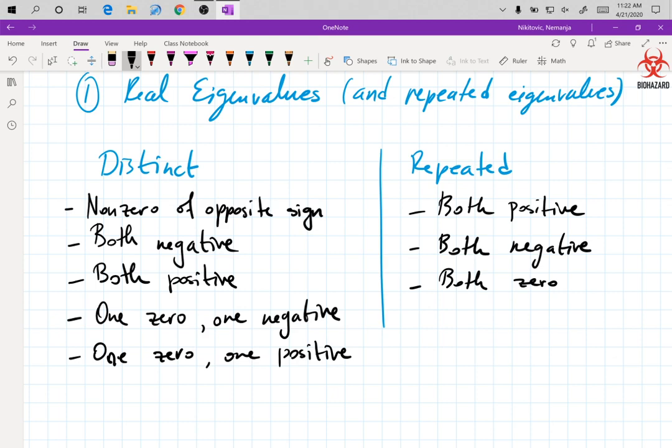Right, so that's it. So these are all the cases for real eigenvalues, and we just need to run through what the pictures, right, what the solutions would look like, meaning which